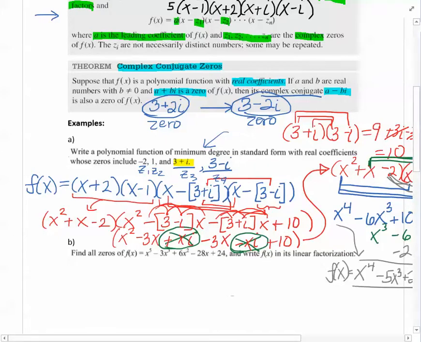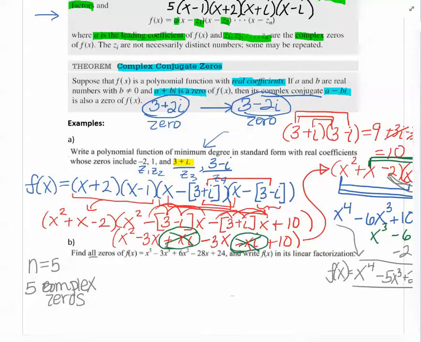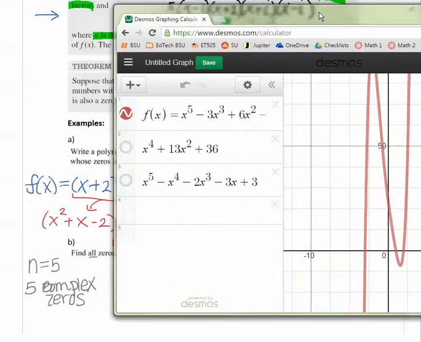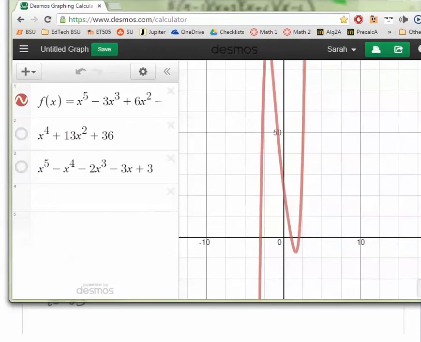So remember that the degree, which is 5 here, tells you you're going to have five complex zeros. So we're supposed to find all of the zeros, including the ones that are imaginary. And so you're not going to be able to see the imaginary ones on the graph. Okay, so let's look at the graph. I just typed it in, just make sure I got it right. Yeah. Okay, so